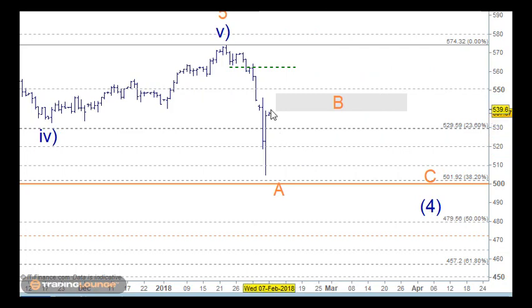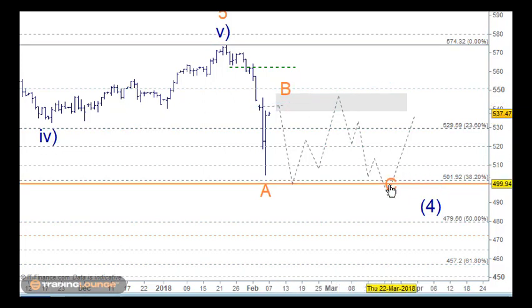So we've either got this going to top out just in here, and we come down for the wave 5 of wave A here, and then we go back up for wave B in 3 waves, and then we go down for wave C again before moving up here. The only other count we can have in here really is this being the A wave, this being the B wave coming into this space, and then we'll still get the wave C coming into here. So we're still on that track.